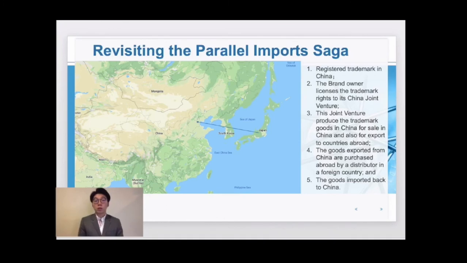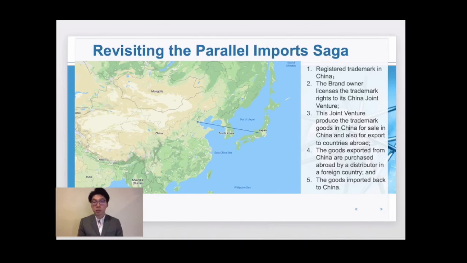The brand owner registers a trademark in China and sets up a manufacturing facility in China in the form of a joint venture with a local Chinese partner. The brand owner then licenses the trademark rights to its joint venture in China, which serves as a manufacturing facility to produce the trademark goods for sale in China and in some instances for export to countries abroad, such as Japan. The goods exported from China are purchased abroad by a distributor in a foreign country who attempts to import the